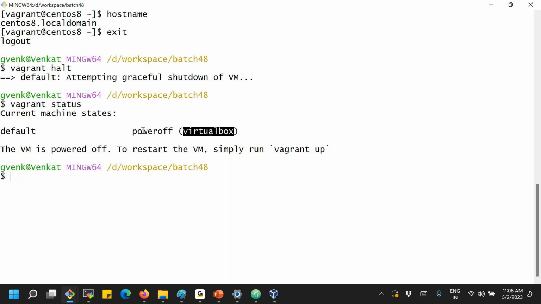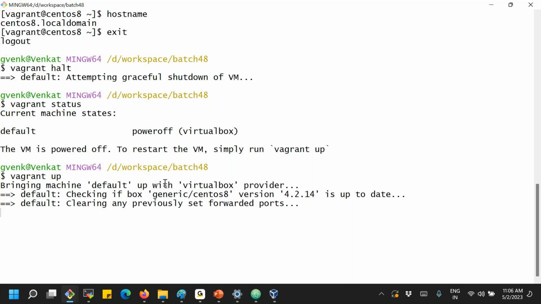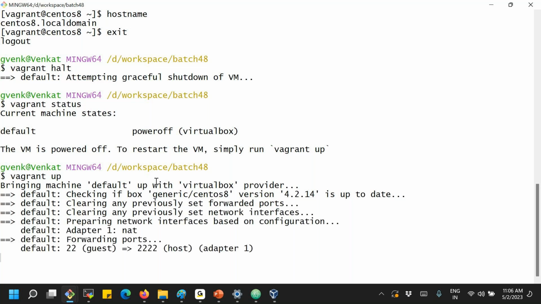But I would like to start it again. How do I start it? Again, the Vagrant up command. If you'd like to start it, just use it. Whenever we don't need it, we stop the virtual machine, and whenever we need it, we start it.